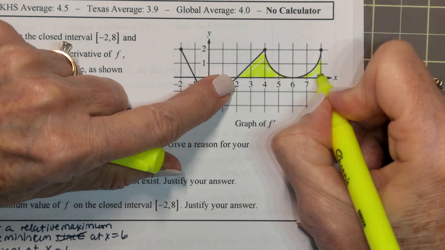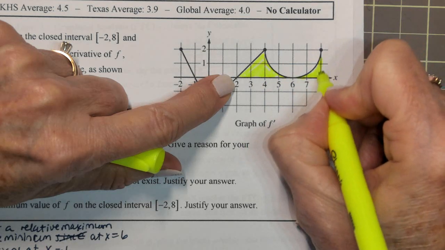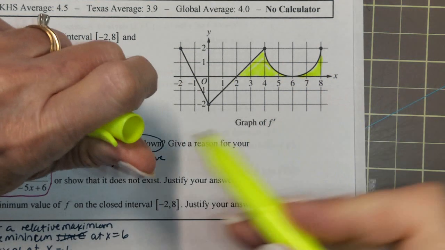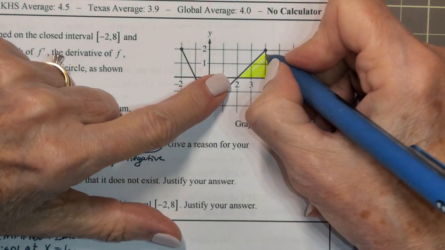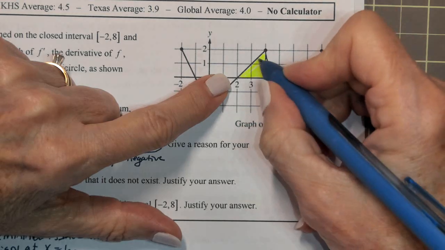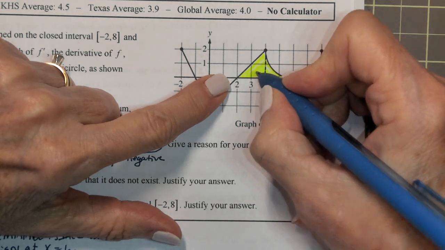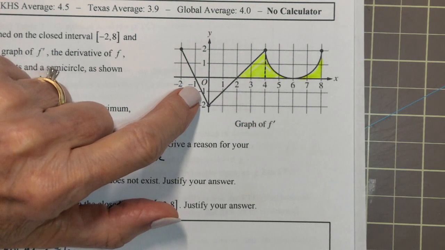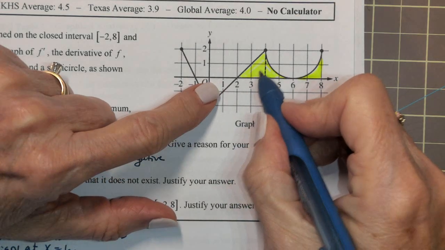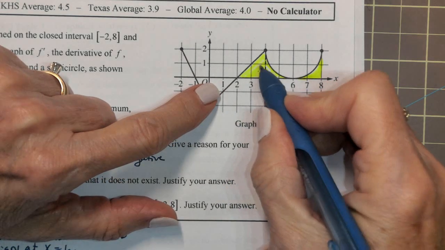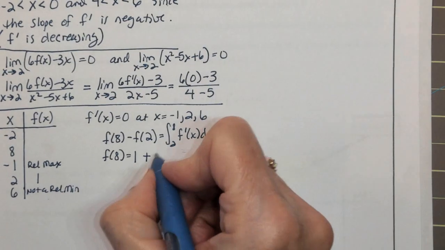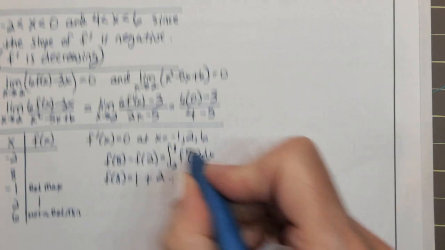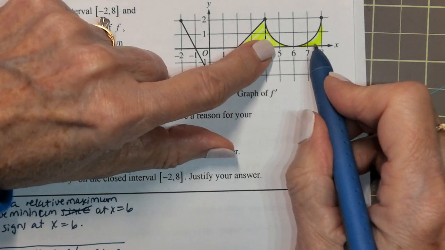I need this area that I just highlighted. I need that area. So how are we going to get that area? Well, I'm going to split this into two pieces because this is 1 plus 2 halves. That's 2. So that piece is 2. And now for this piece, this is